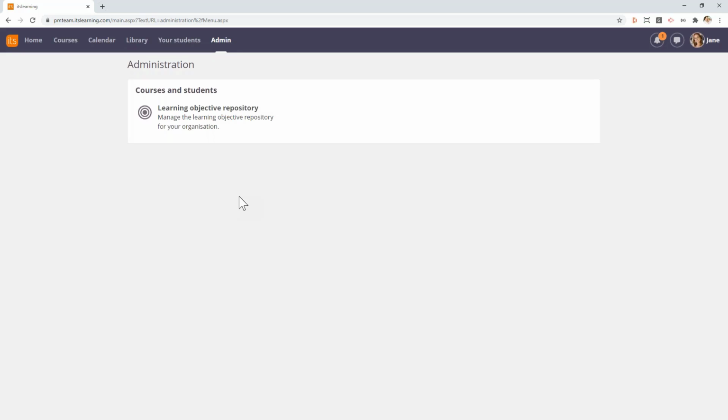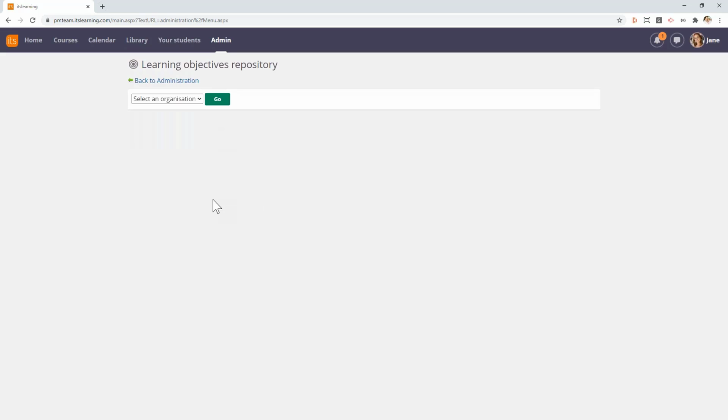So if there is a teacher or a group of teachers that should be able to manage this, then you can give them access using the profiles or the policies functionality in itslearning. That's something that administrators can do. But this teacher has access. So when she clicks on Learning Objective Repository,